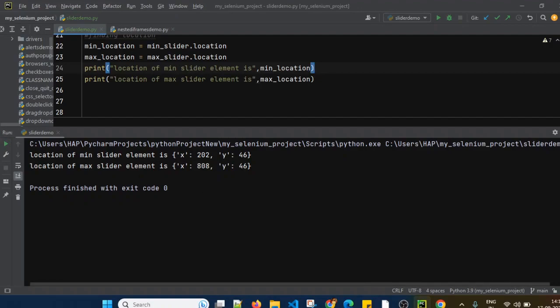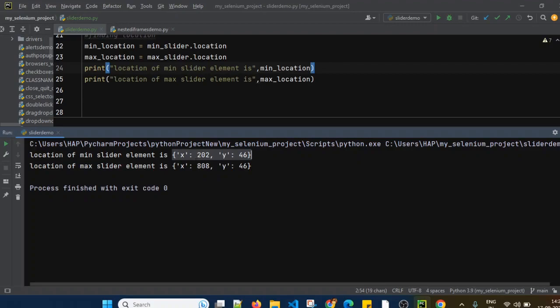So if you see on the console, location of minimum slider element is, x coordinate is 202, y coordinate is 46, location for maximum slider element is x coordinate 808 and y coordinate 46. So this is basically returning the data in the format of a dictionary. We have seen the dictionary data type.